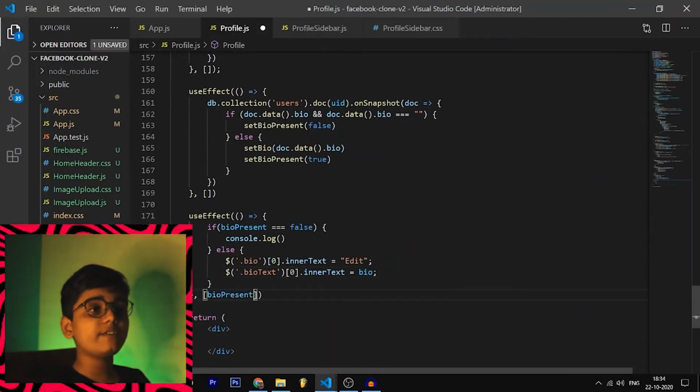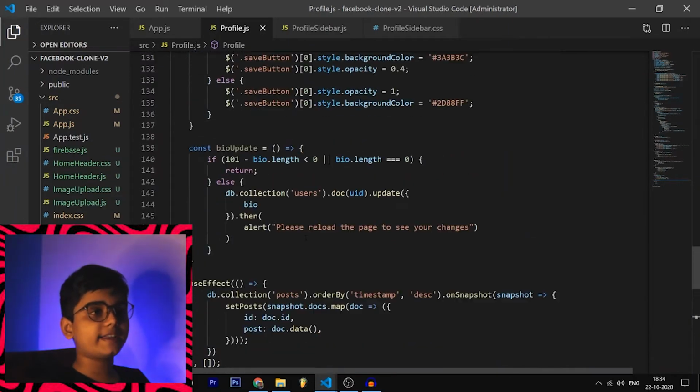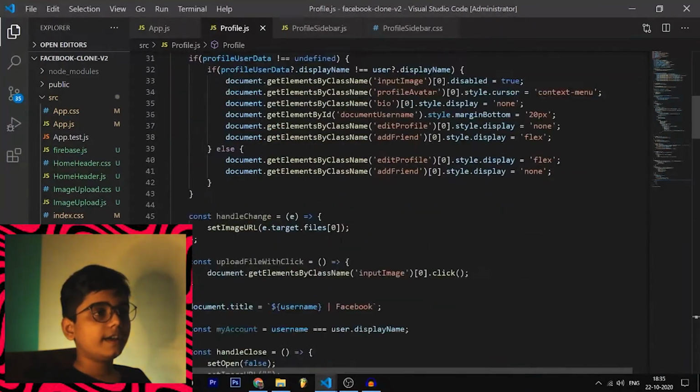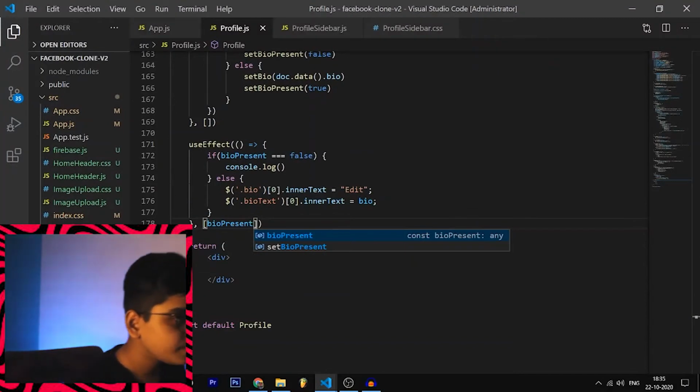This is going to render every time bio present changes. And after this, we are done with the backend. So we are done with the backend, only front end is there. And let's go on with the front end. So first